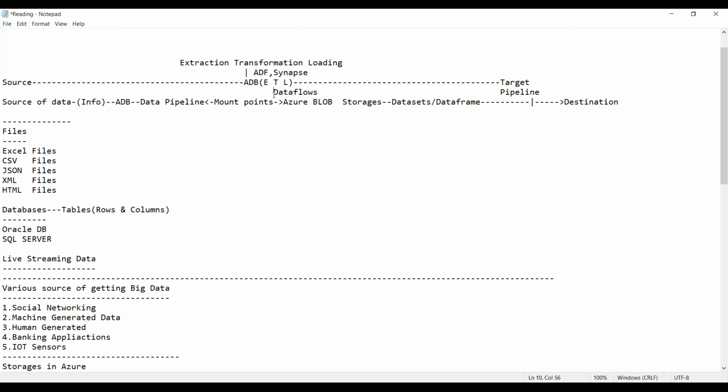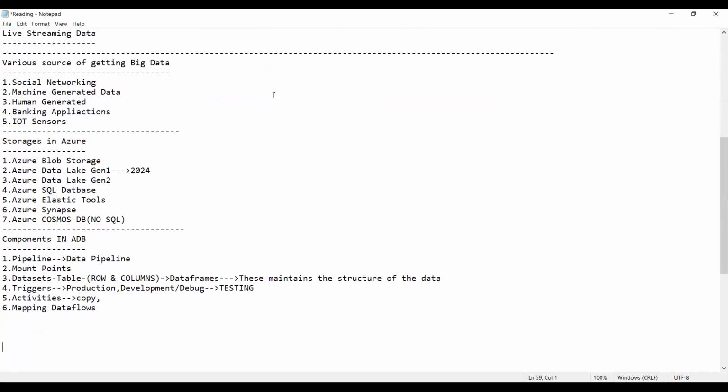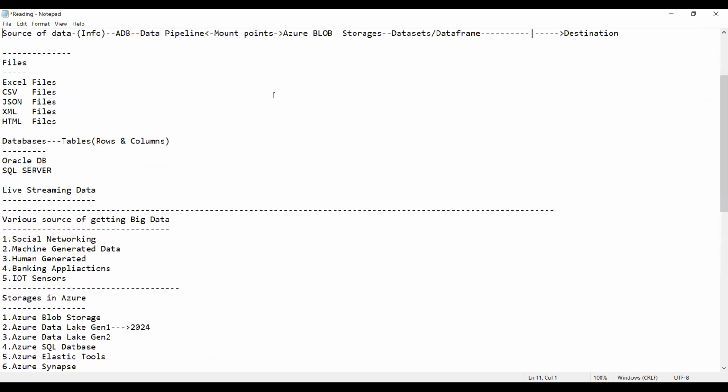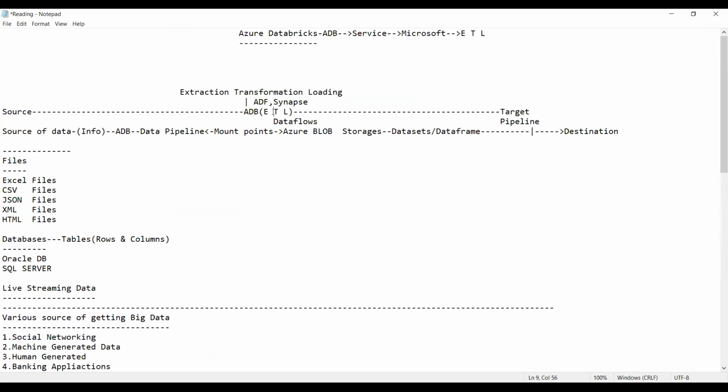Getting my point, all of you? See, guys, don't get confused here between activities and mapping. Activities is nothing but the action you want to perform, whether you want to copy the data or copy some data conditionally, etc. You have to write it here. Whereas mapping data flows is the actual process of summarizing the data. So ultimately, the job of a data engineer is to write the transformation.